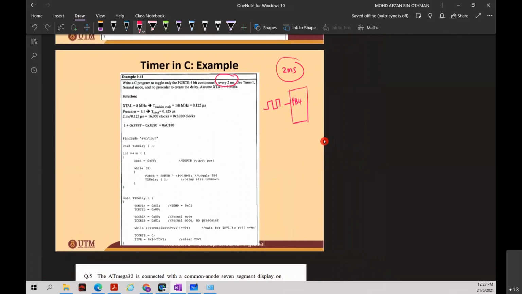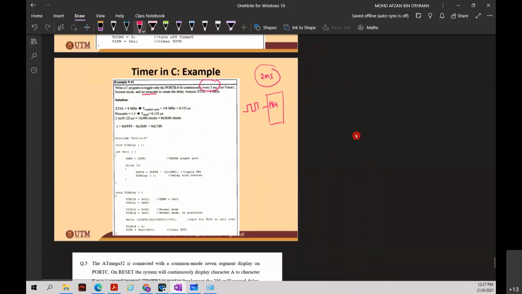Okay, you're going to delay 2 milliseconds, and it already stated that no prescaler needs to be used. So you can simply calculate what is the TCNT that you need to put to your timer, TCNT1. Using the first equation, which is T equals 1 over F. Since no prescale is used, you can simply use the 8 megahertz. So 1 divided by 8 megahertz, and you will get